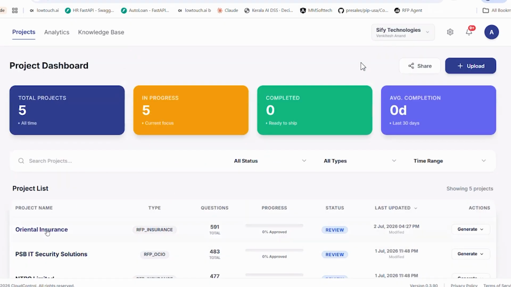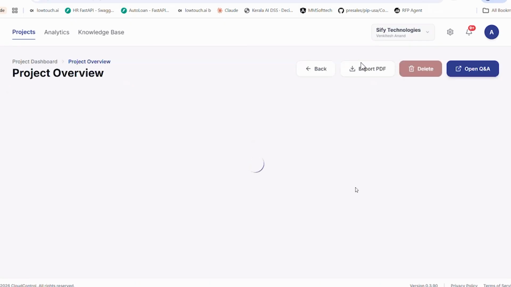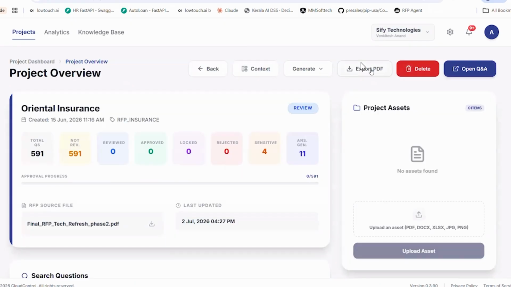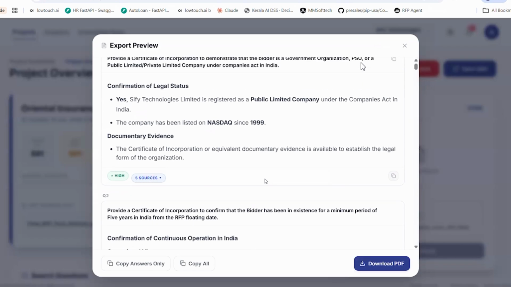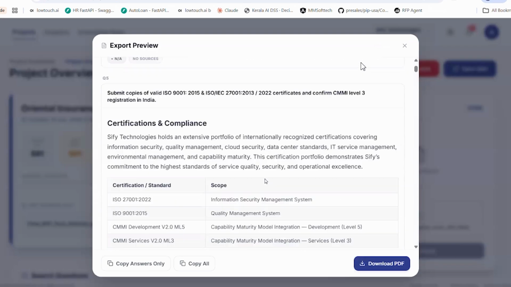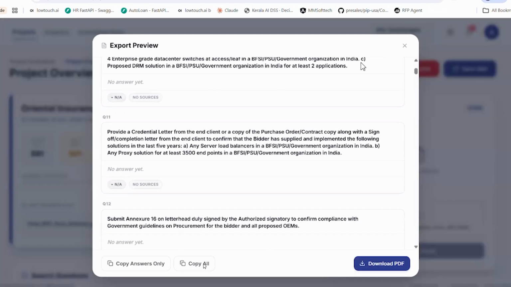And finally, if you want, for example, go here and there's even an option to export this as PDF. So click on this. So you can see here, you have all the questions and the answers. It creates a PDF. You can copy it and then take it to your document if you want. All the answers, or only the answers, the content you can copy and take, or you can download it as